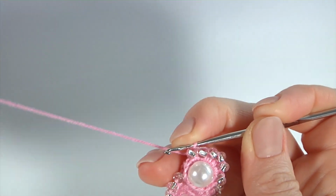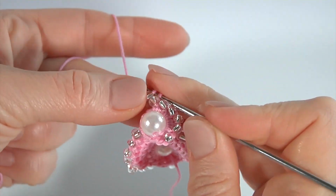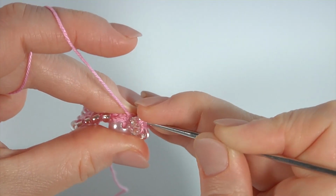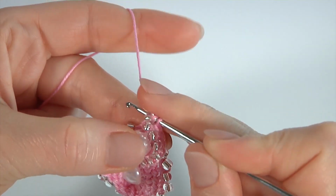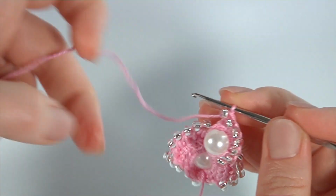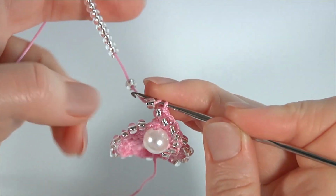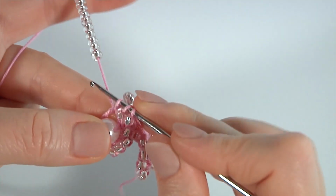Yarn over the hook and insert the hook into the slip stitch. Insert the hook into the loop, make half double crochet and work with the opposite side. I take seed beads, yarn over the hook with seed bead, insert the hook into the chain space,